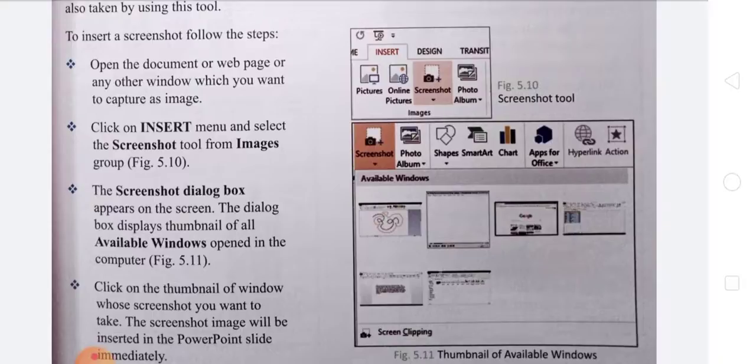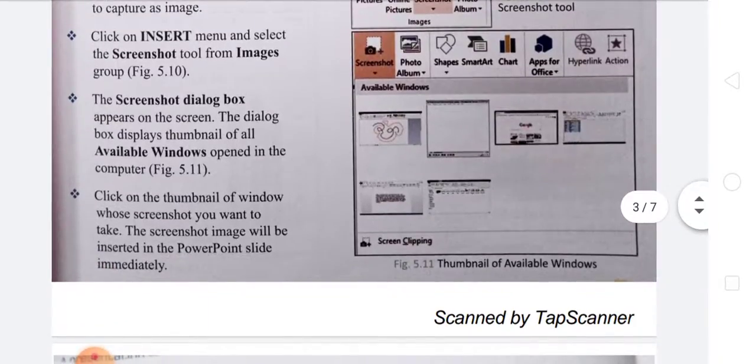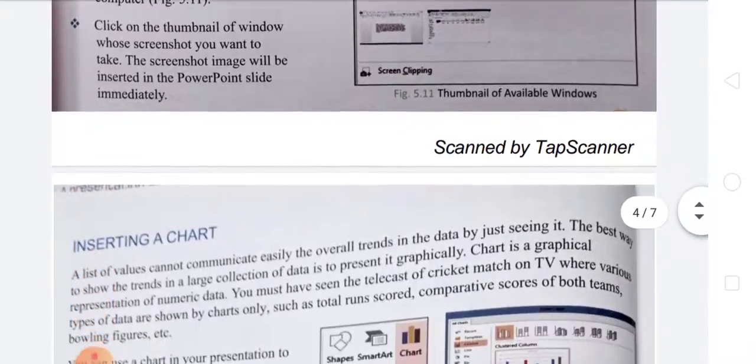Then the Screenshot dialog box appears on your screen. The dialog box displays thumbnails of all available windows opened in the computer. Click on the thumbnail of the window whose screenshot you want to take. The screenshot image will be inserted in the PowerPoint slide immediately.